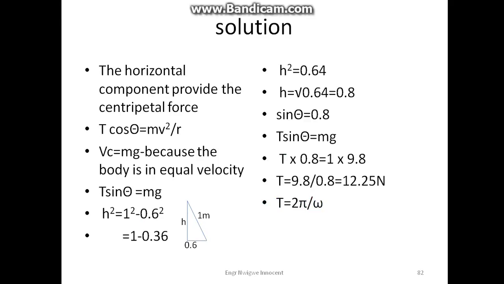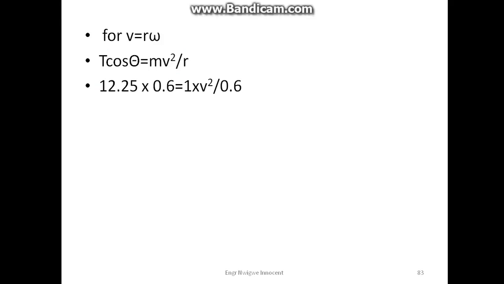The period now becomes 2 pi over omega. For v equals radius times omega, T sin theta is equal to mv squared over r. 12.25 times 0.6 is equal to 1 times v squared over 0.6. 12.25 is gotten by multiplying